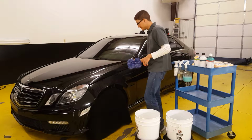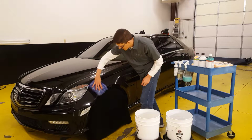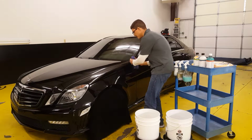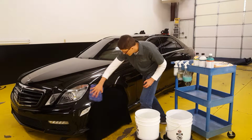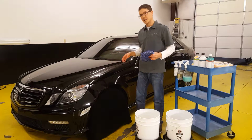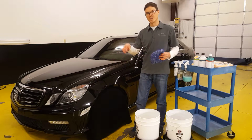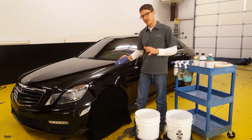So the way that you're going to wash it is just with the weight of your hand and the weight of the sponge. And you're going to go back and forth in that direction. And the reason why is that if you happen to scratch your car in this process, it's better to scratch your car going in a singular direction as opposed to a circular one, because the circular scratches you're going to see from all angles. That's also the reason we're just using the weight of our hand and the sponge,